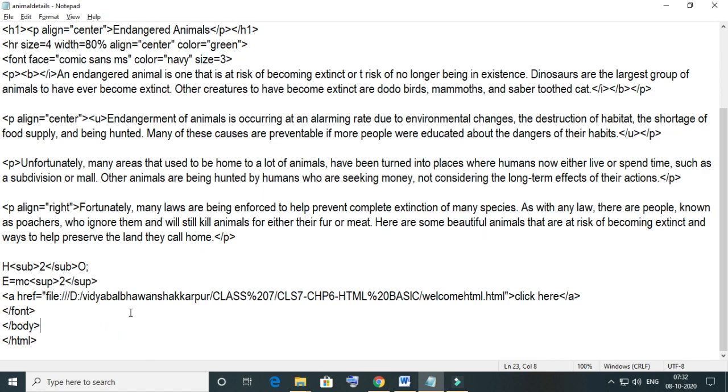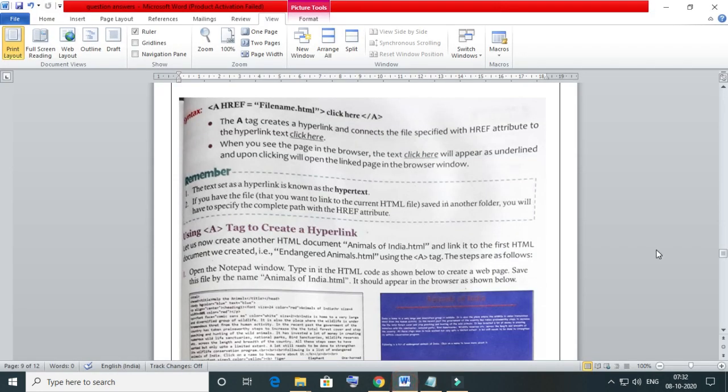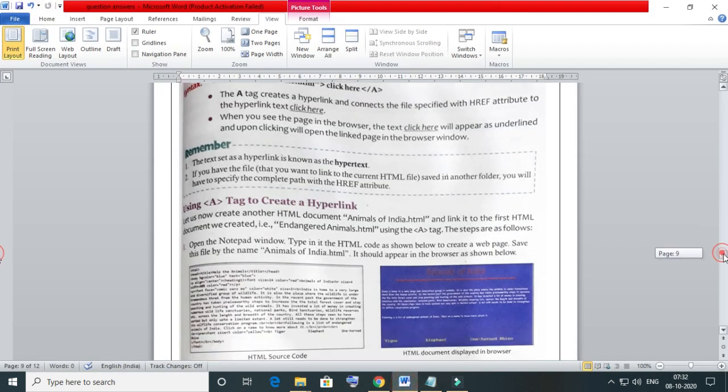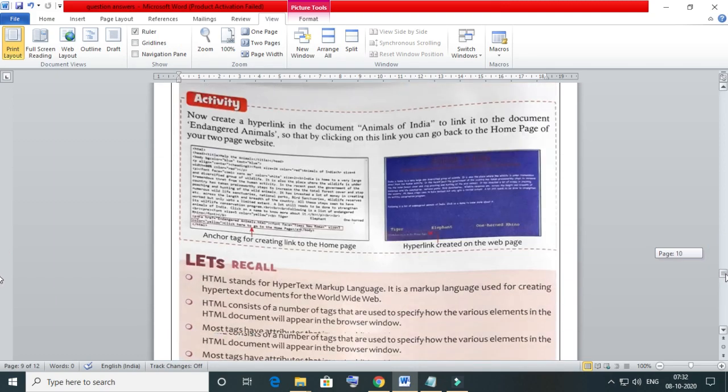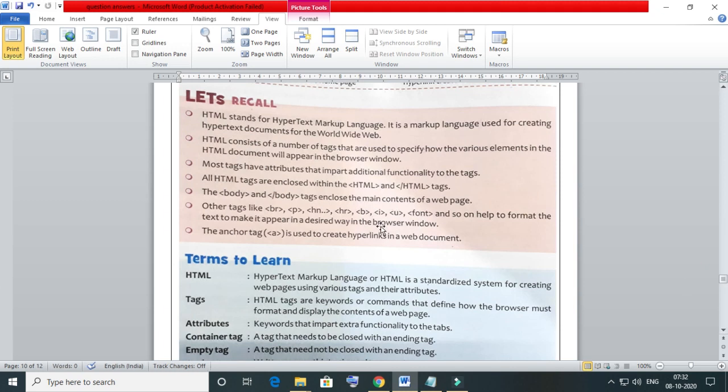Now come to some important terms, that is, terms to recall. We have done this activity already, so let's recall. HTML stands for hypertext markup language, as you know, and it is a markup language used for creating hypertext documents for the World Wide Web.